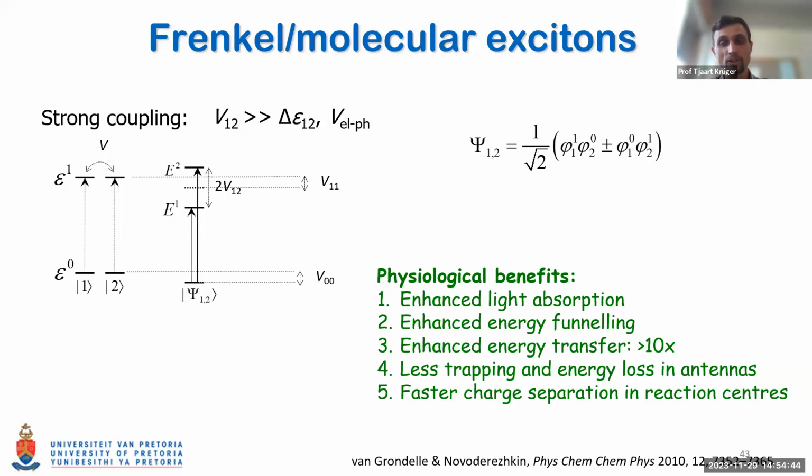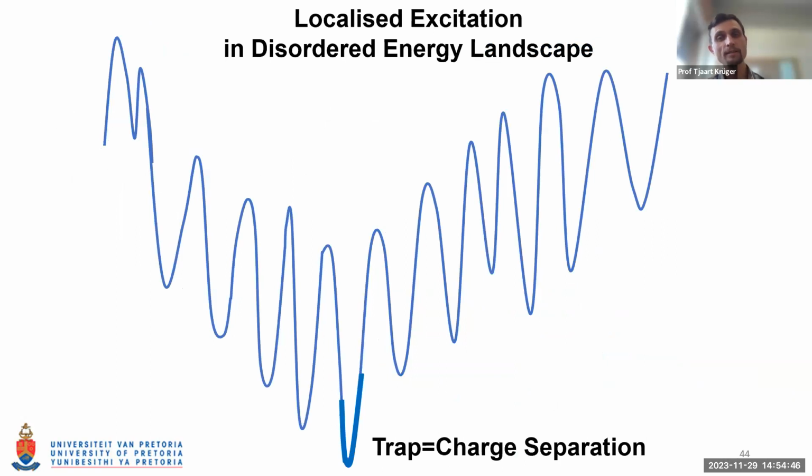And this can be conceptually illustrated as follows. Let's say that this is our disordered energy landscape, and each of these potential wells, or actually free energy wells in this case, is a result of, for example, a defect in a semiconductor. So now if you have an excited state, it can get trapped in each of these wells as it tries to make its way from, say, the periphery to the state where the charge separation takes